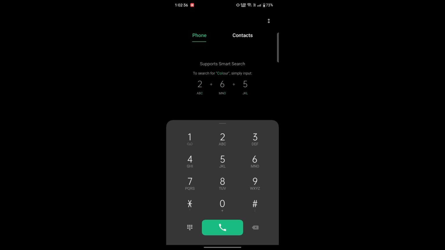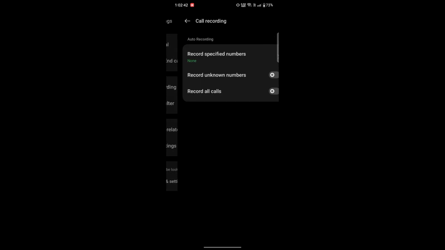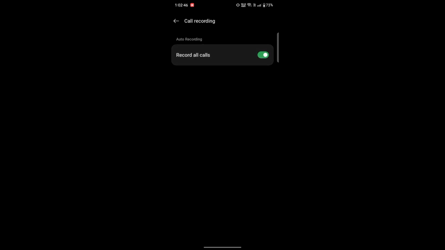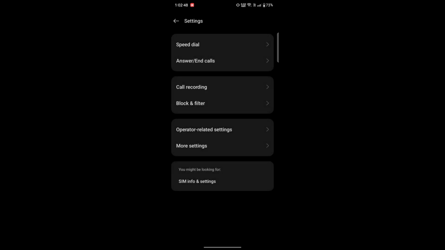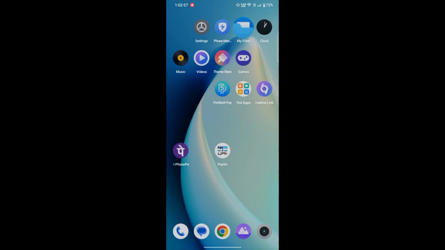Now simply go to the settings, find the call recording option and enable it, so it will record your calls without announcement and save them in your internal storage. After setting up the dialer, now you can use this